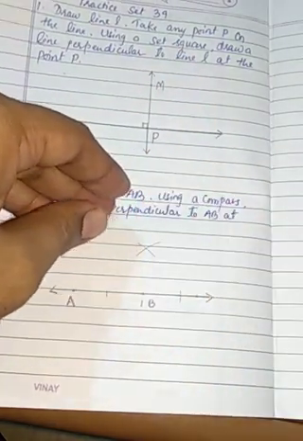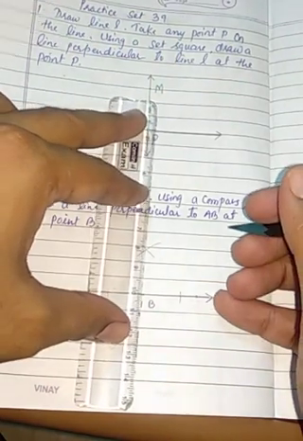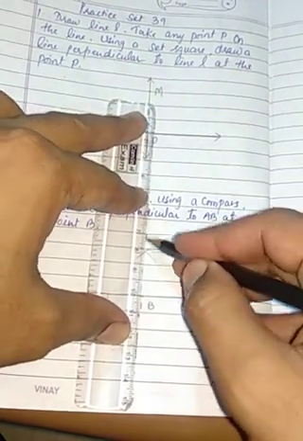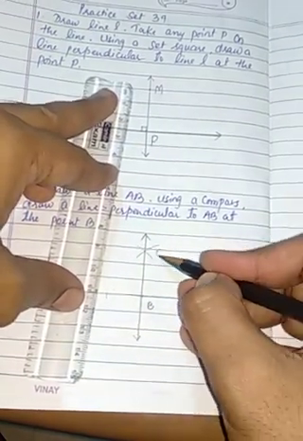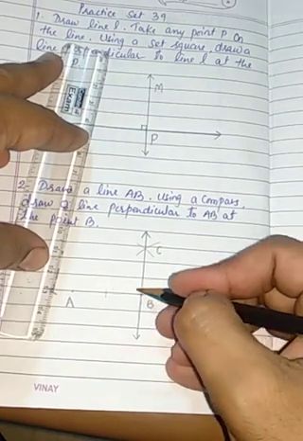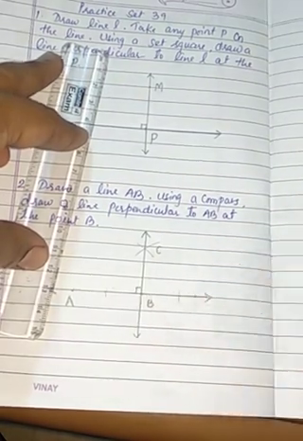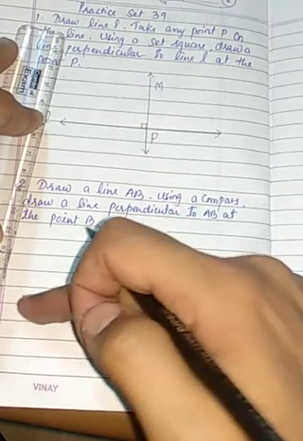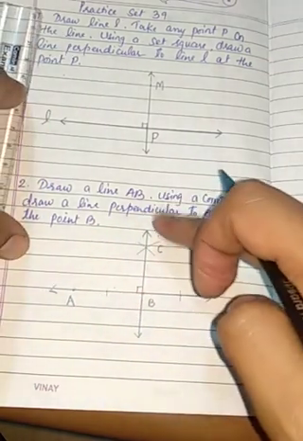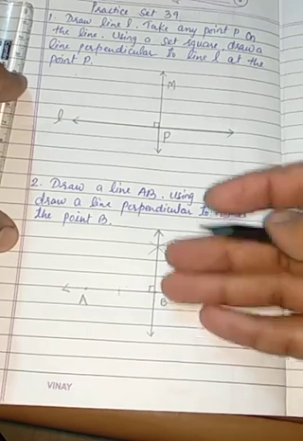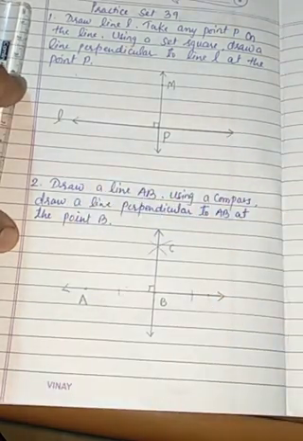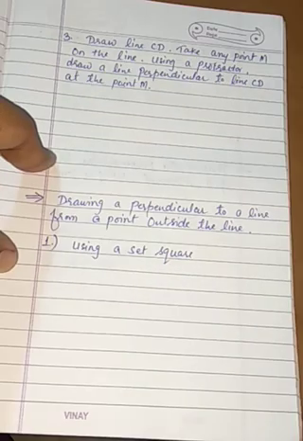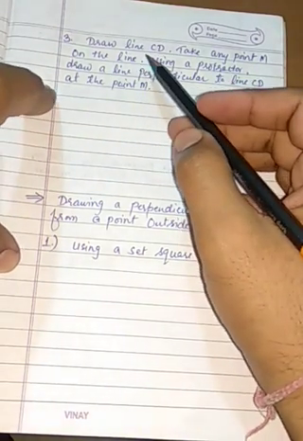Now using a ruler, from point B and the intersection point, you can draw the perpendicular. You can name something. Let's name it BC and make the sign of a right angle. So line BC is perpendicular to AB. This point is not given in the question. We can take any point to name it. This is line BC, which is perpendicular to line AB. Is it clear? Now students, we'll see problem number 3.